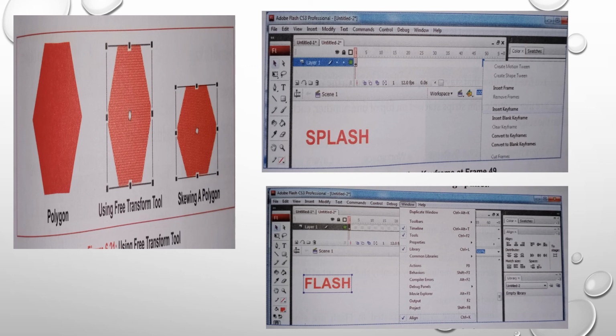Go to the Properties panel and select Shape from the Tween drop-down menu. Then click between frame 24 and frame 49 and again select Shape from the Tween drop-down menu. Select the Control, Play option from the main menu to play the animation.